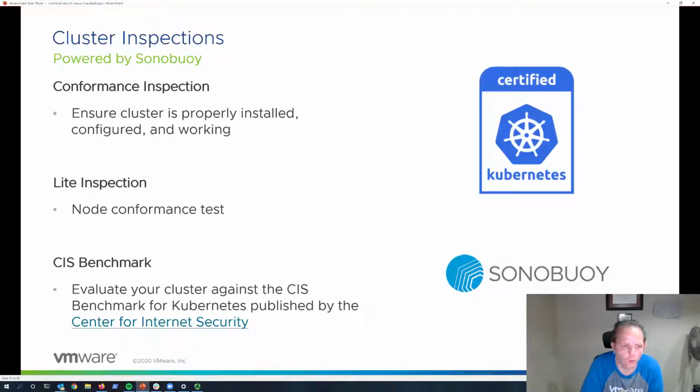For any vendor distribution that wants to be a certified Kubernetes distribution, it goes through testing with this solution called Sonobuoy. So the same solution is built into Tanzu Mission Control, and you can run very light, quick inspections, or you can run more complex inspections. You can automatically schedule the inspections, and Kubernetes does everything via the API, so these inspections run essentially